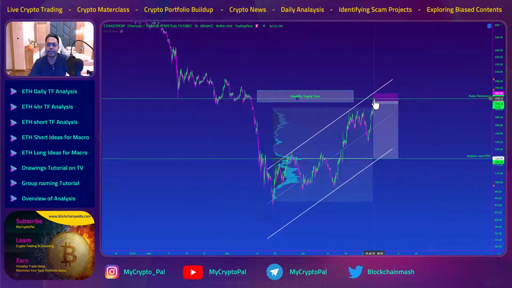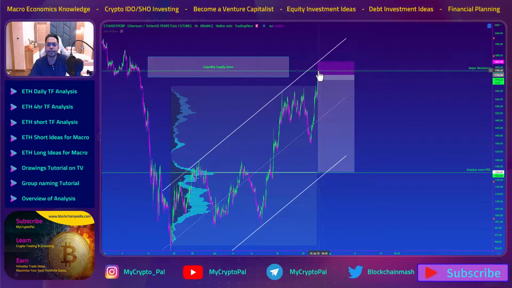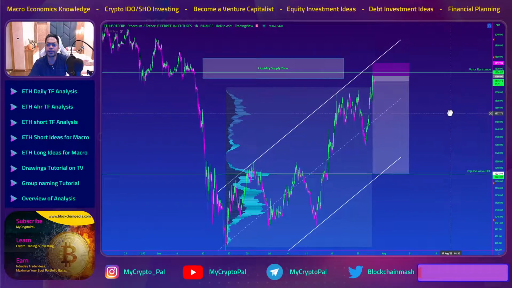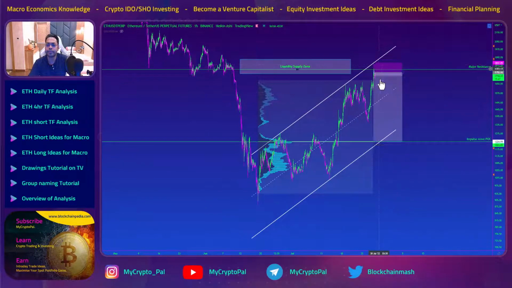As you can see, this small wick up has tapped this liquidity zone once. And hopefully this is enough to let the market reverse. As you can see, this has gone up in a straight line, so there is a lot of liquidity around here. So if it comes down, the first point of support you would expect is this area over here,